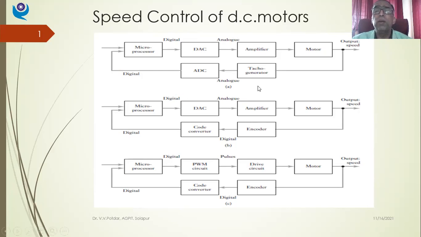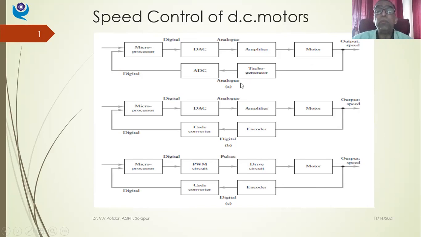If you just look at the three diagrams, diagram A, diagram B, and diagram C, all the three diagrams otherwise appear to be the same, but if you observe closely, what you can see is these four are your signal conditioning elements, and this is your controller element,